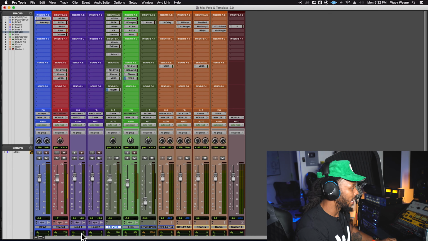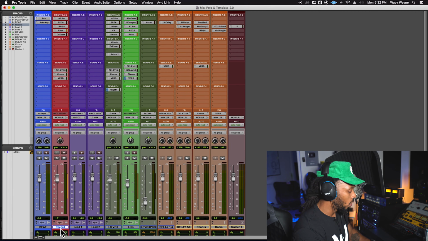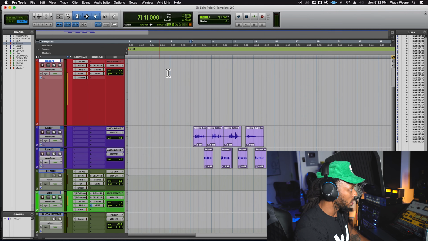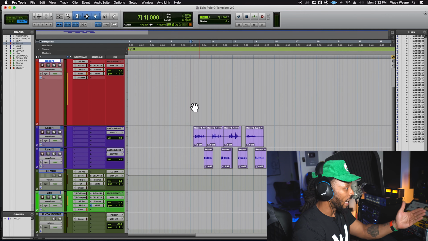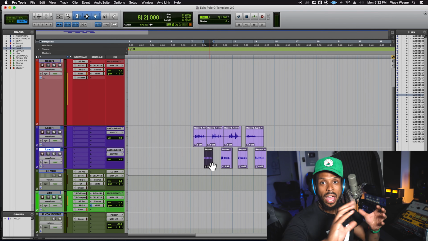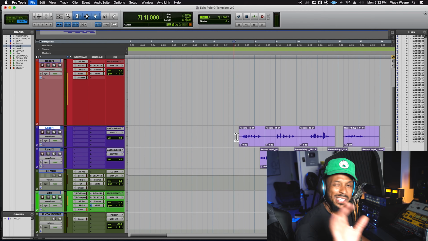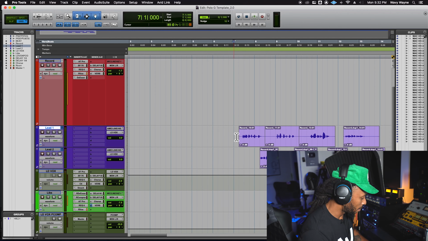So it looks like that on these lead tracks where you're going to drop your actual vocals after you record them. You would record them onto this record track and then drag and drop those clips down to either lead 1 or lead 2. That way you have a little bit of variety in case the little parts overlap. So I'm gonna play this again so you can get an idea of what I'm talking about.